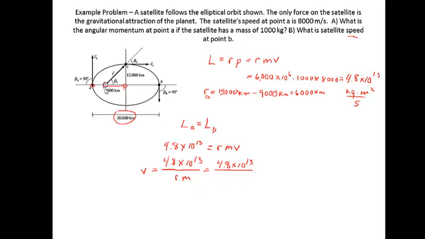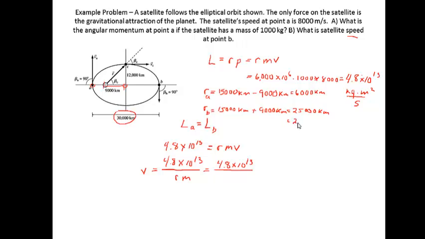R, in this case, is the distance between the planet and the satellite. The whole distance is 30,000, so half the distance is 15,000. Then you add 9,000, so RB would be 15,000 kilometers plus 9,000 kilometers, which is 25,000 kilometers,